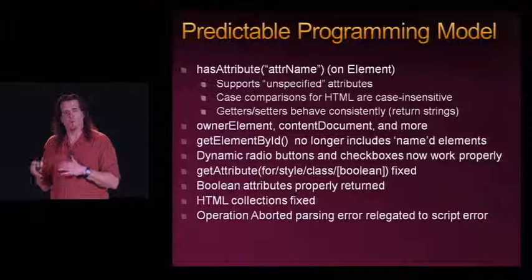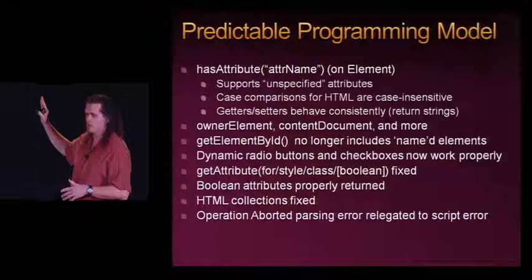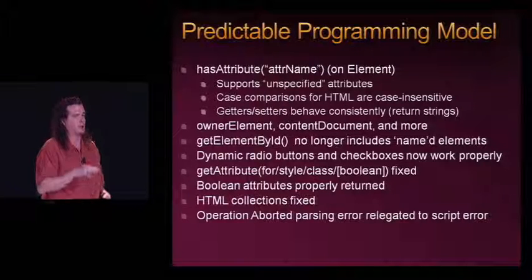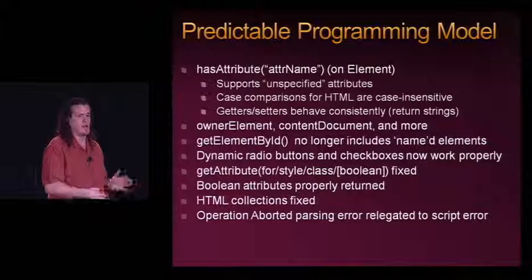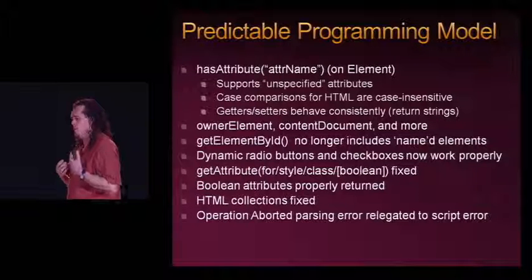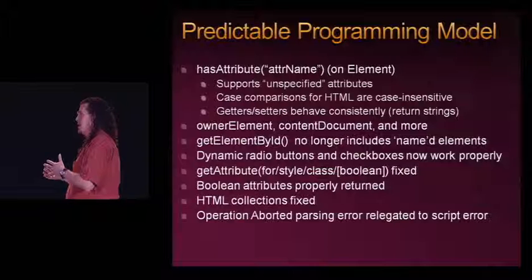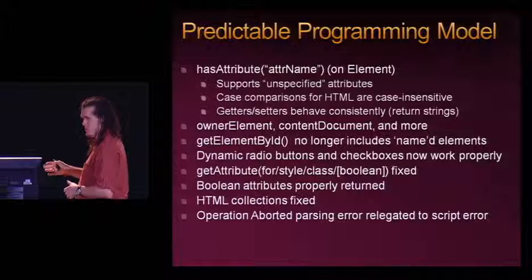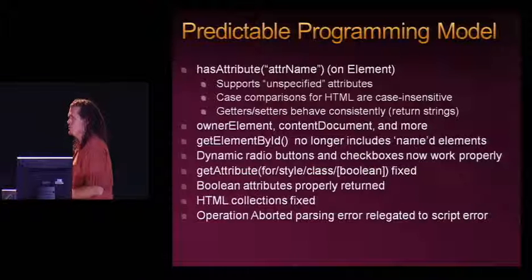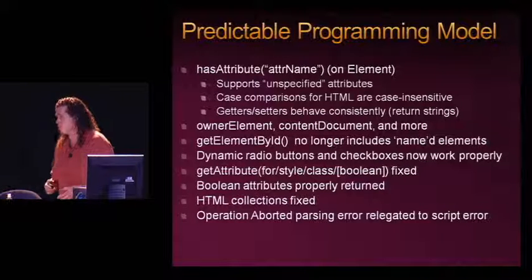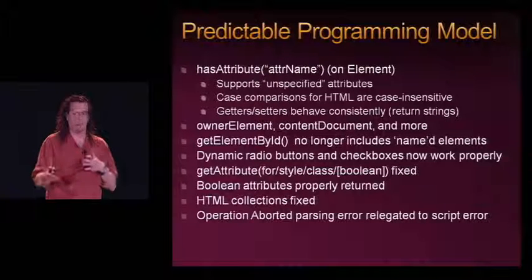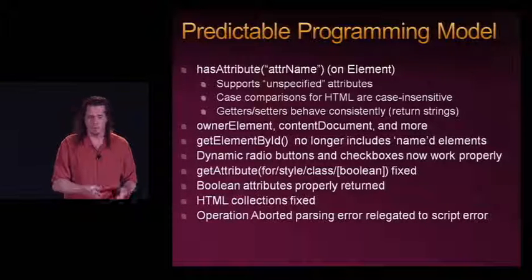Really, because you don't need to read everything in there, the goal here is to try to be interoperable with other browsers in how they implement the details of the document object model. We try to do the same thing with attributes. We try to do the same thing with getting elements, like get element by ID doesn't pick up named elements anymore, which surprisingly is one of the big compatibility problems that we're starting to see with the new engine. Dynamic checkboxes work. All these things that really should just work now do.